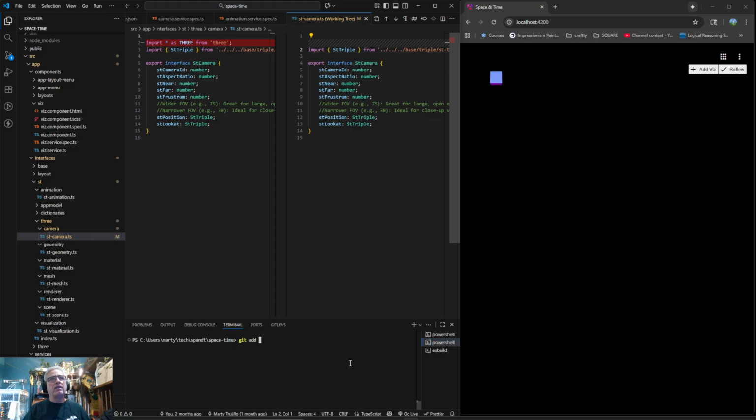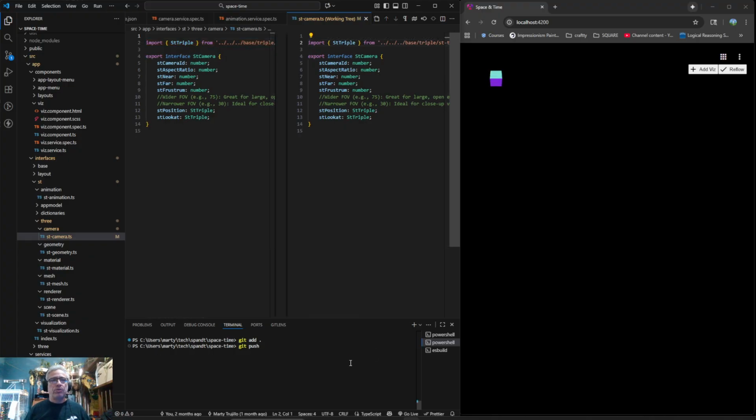Git add. Video 287: removes an unused import. I know a lot of people will leave unused imports in their code going into PR so that